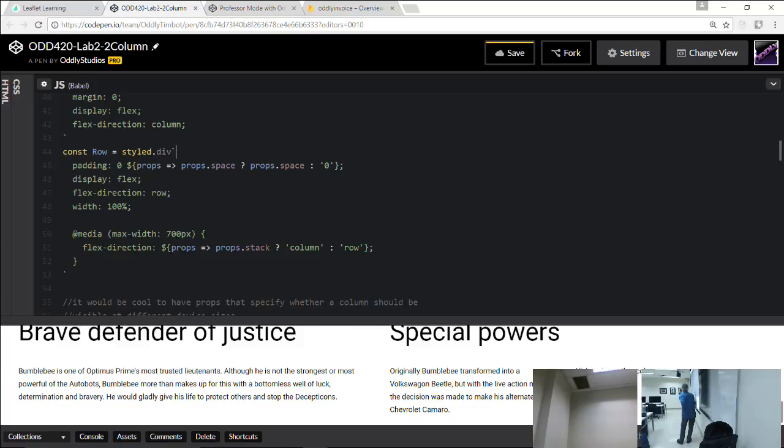I wanted to give a little padding between them. So my component now has an attribute called space. And if it sees a space property, I can set how much padding I want on this column here. But otherwise it'll default to 0. Right? So if I don't give it any kind of space property, it's going to have no space at all, padding 0. Does that make sense, what I'm saying there?